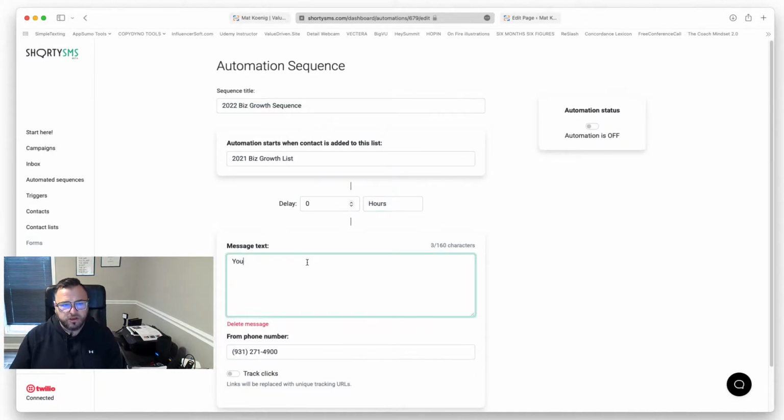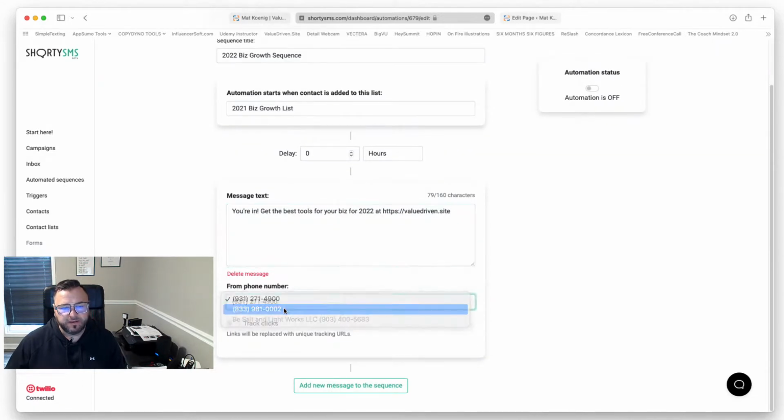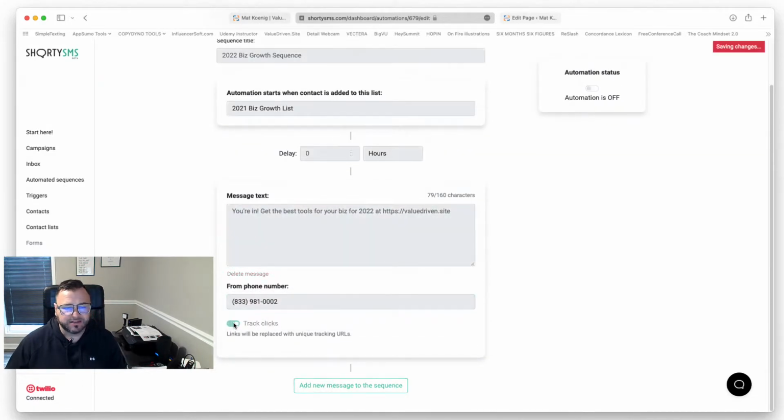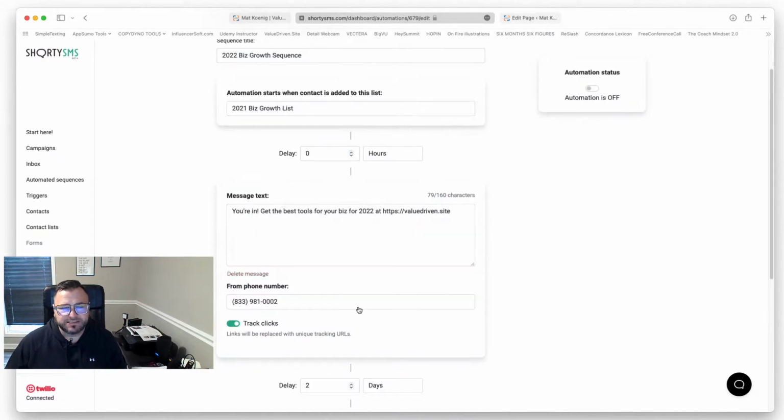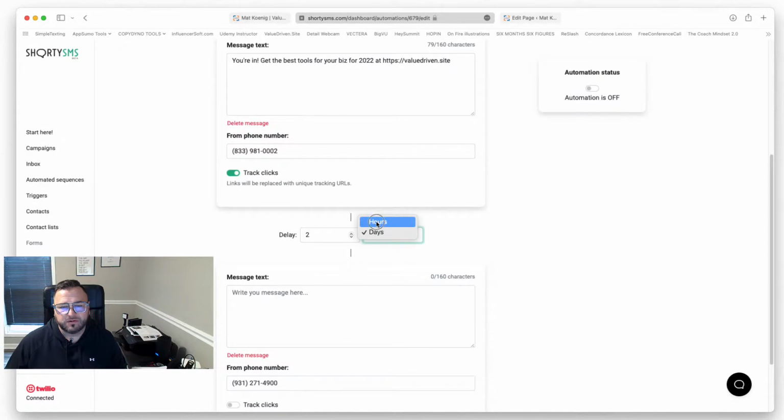I'm going to say you're in. Get the best tools for your biz for 2022 at valuedriven.site. And where do I want this to come from? I want it to be my toll-free number, and I'm also going to track clicks so that I know how many times that's clicked. And then I'm going to add a new message that goes out 2 hours later